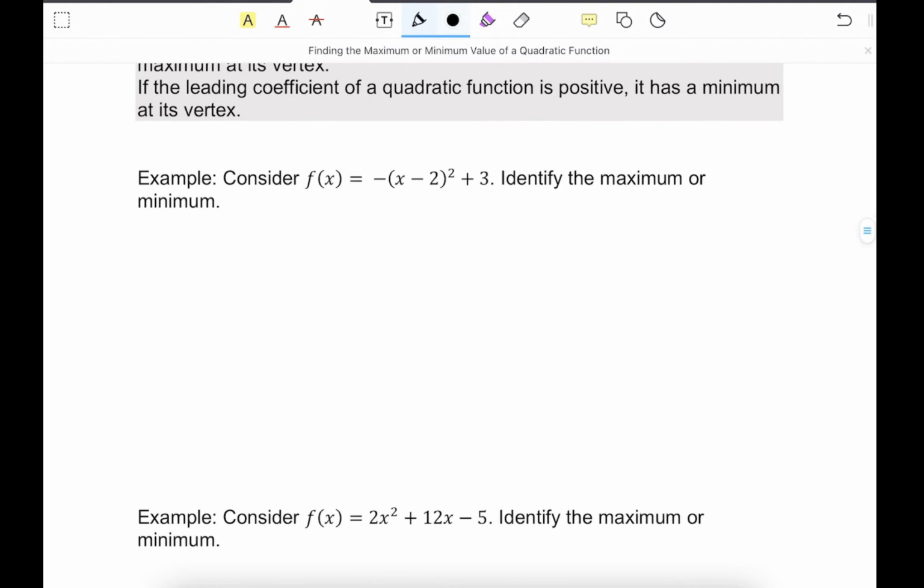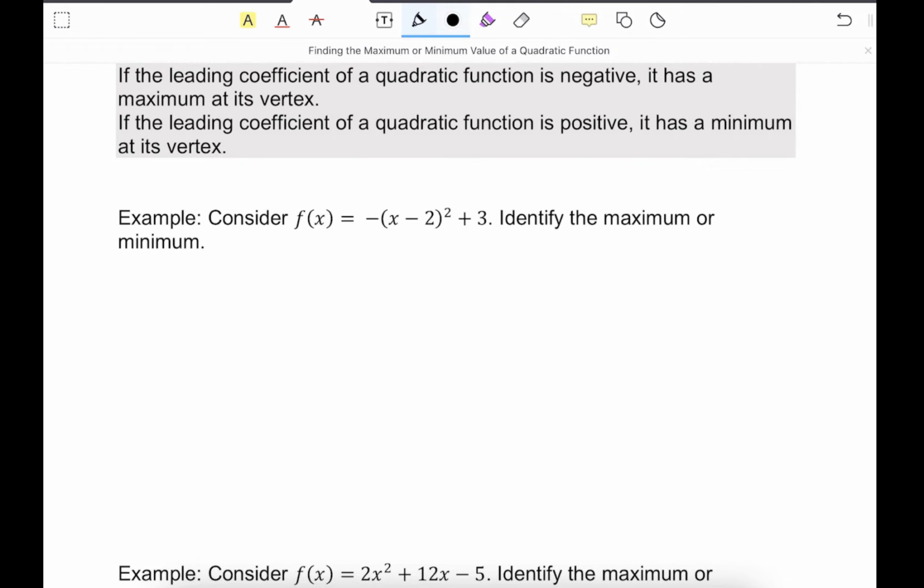So here's an example. f(x) = -(x - 2)² + 3. Identify the max or min. In this case, we have a leading coefficient that is negative. So that means it's opening downward, so we'll have a maximum at the vertex. So a max